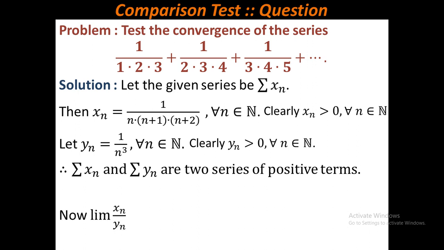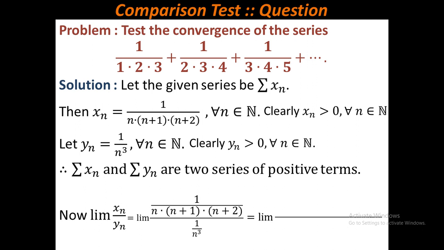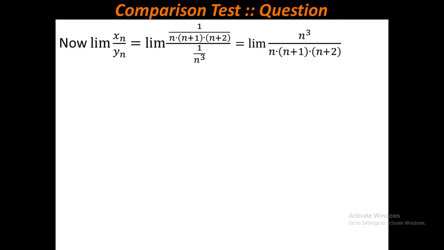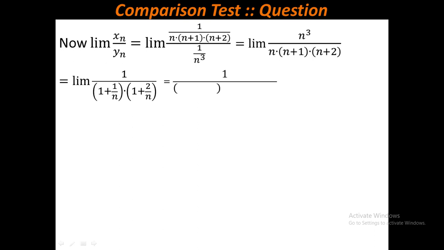Here xn means 1 by n into n plus 1, n plus 2, and yn means 1 by n cube. After simplification, this will be n cube by n into n plus 1, n plus 2. If you divide numerator and denominator by n cube, there will be 1, and the n cancels with n, and there will be 1 plus 1 by n, and 1 plus 2 by n. If you take limit n tends to infinity, this will be 1 by 1 plus 0